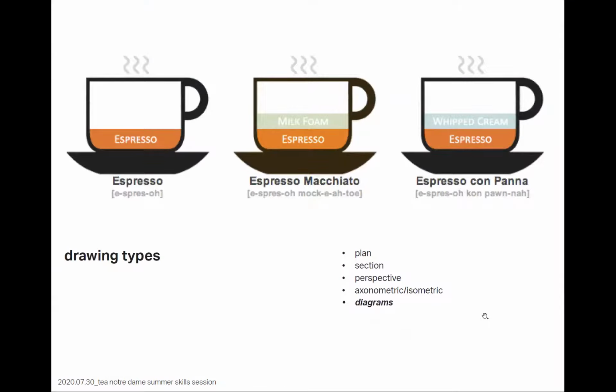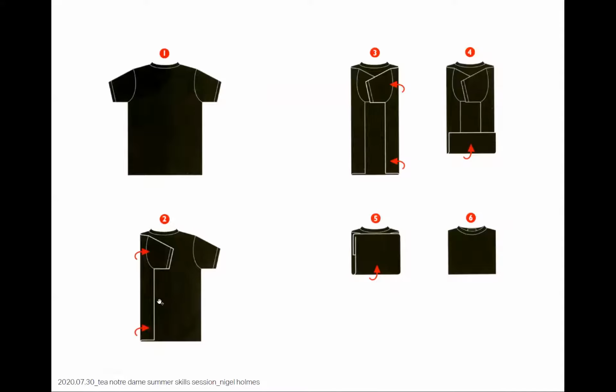And then the diagrams. For a large majority of us, when conveying our ideas, a diagram is most useful. And I guess for a large majority of those entering the themed entertainment industry, your graphic use may never get any further than the diagram. So this is taken from a book by a graphic designer named Nigel Holmes. It's a nice little coffee table book, and it basically gives you a step-by-step on very simple, basic, everyday tasks, but it does so in a graphically consistent and graphically clear manner. You could look at this and fold a shirt better than I ever have in my entire life.